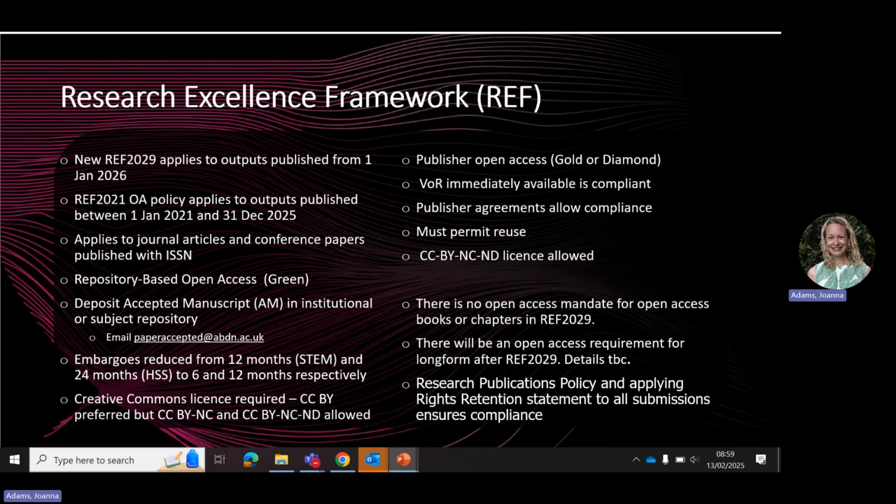The REF open access requirements have just changed recently. So they will apply to articles and conference papers accepted for publication from the 1st of January 2026. Prior to that, you will continue to follow the REF 2021 requirements. I'm not going to go into all the details just now, but really all you need to know is that